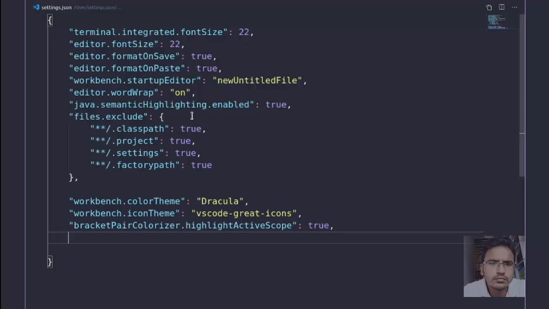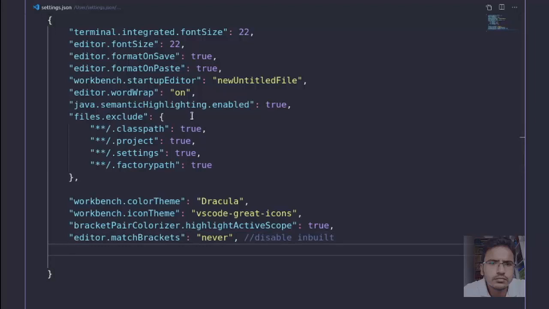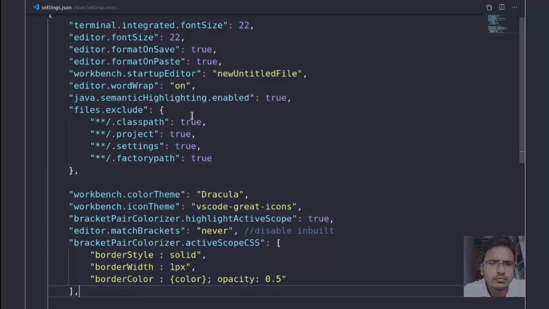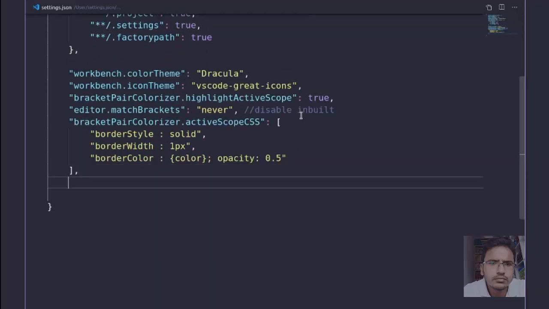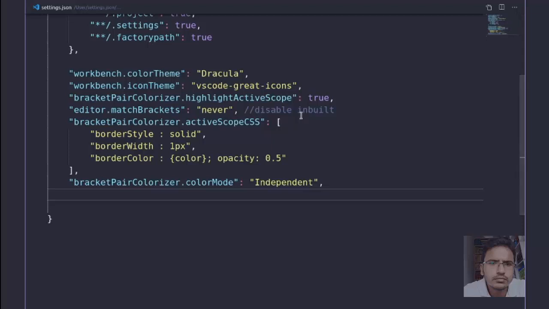Highlight, that is Bracket Pair Colorizer. Activate scope is true, and disable the inbuilt bracket matcher, match brackets, and use our custom Bracket Pair Colorizer, border style solid, border width 1 pixel, border color, and opacity 0.5.